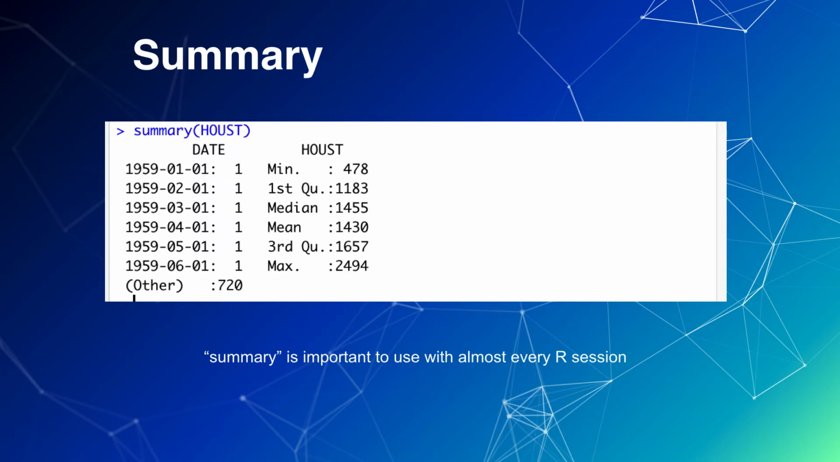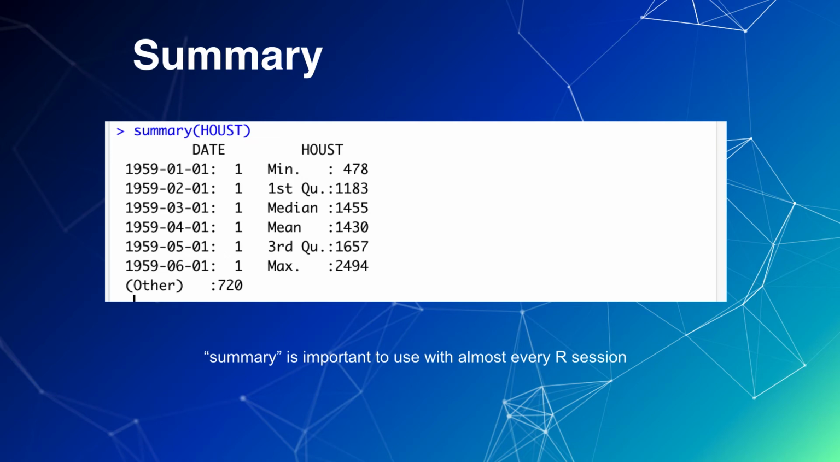Anyway, it gives me a minimum of 478. That must have been a recession year. And a maximum of 2494. Summary is very important to use with almost every R session that you do, just because it gives the quartiles,